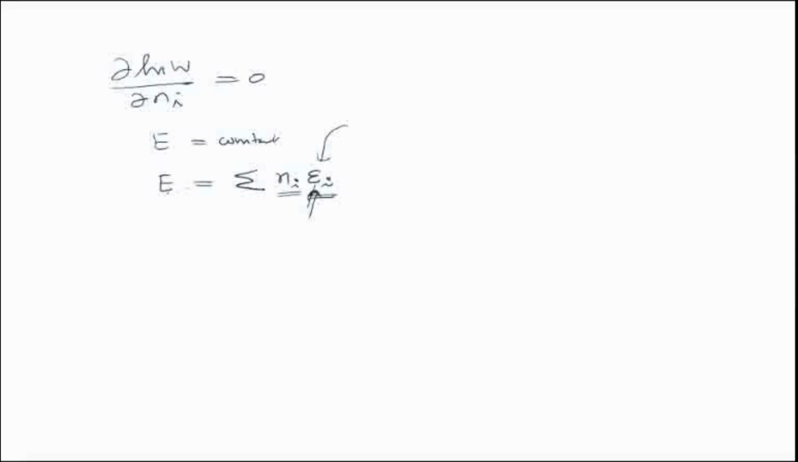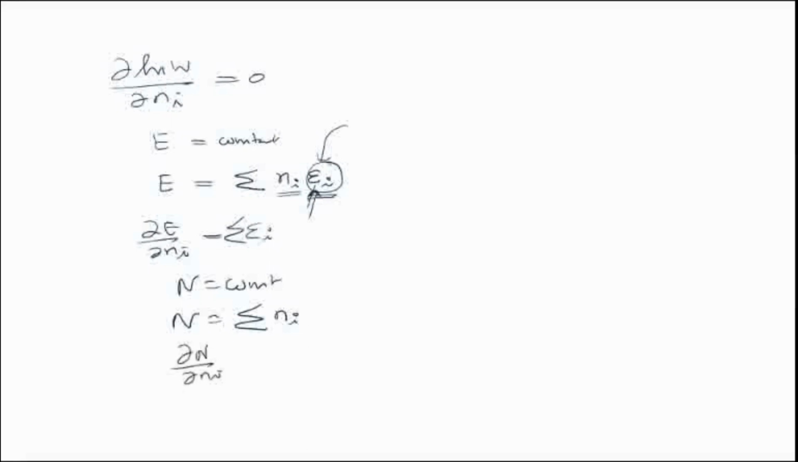Now listen, you differentiate this with respect to Ni, ∂E/∂Ni. Here Ei is constant, so differentiating Ni gives 1, so what we'll get is Ei. Similarly, the total number of particles is constant. What is the total number of particles? It is nothing but the summation of the number of particles in each level. Just add all the values and you will get the total number of particles. And if you differentiate this, ∂N/∂Ni,